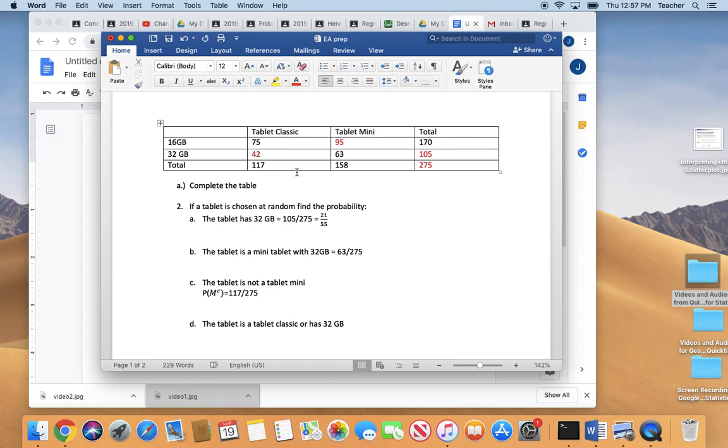And then D says the tablet is a tablet classic or has 32 gigabytes. So I would need all the tablet classics, which is 117, and then the tablet minis that are 32 gigabytes, which is 63 of them. So this would be, in probability notation, I could write that as the probability that it is a classic, C for classic, or has 32 gigabytes. So classic or 32, and that would be, in this case,